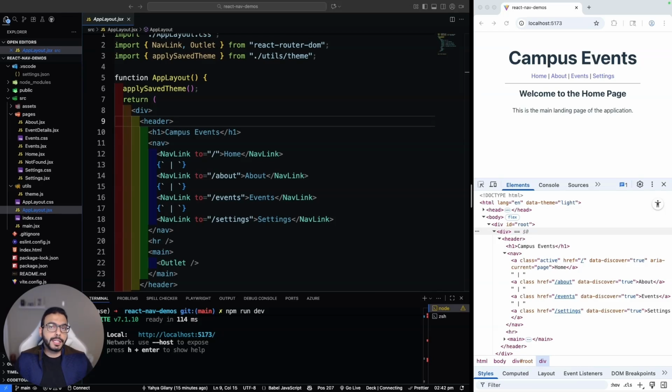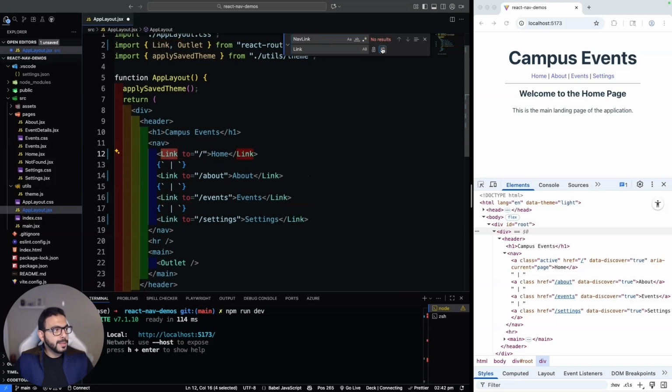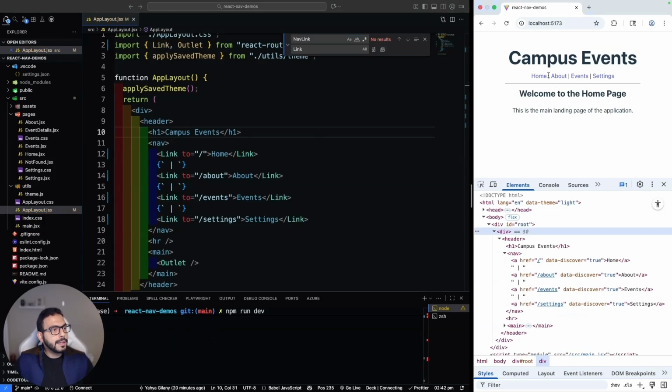Now let's start with the declarative way of creating our routes. We kind of showed that in the previous video when we used the NavLink component over here. Similar to that, we can actually use the Link component. They both do almost exactly the same thing. Let me save my page here real quick and let's see how it works. I'm still able to navigate between all the different pages here and everything's still working as I would expect it to. Now, the difference really between Link and NavLink, let me switch this back, is